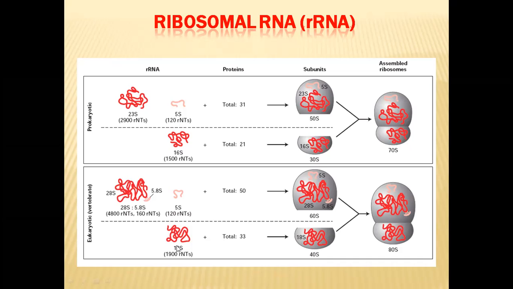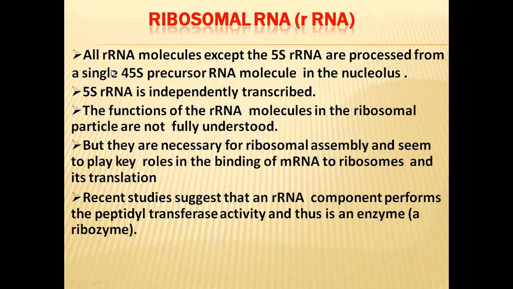And 18S rRNA along with 33 different types of ribonucleoproteins, RNPs, will make the 40S subunit, or small subunit, of the ribosome. While protein synthesis is being initiated, these two subunits unite to form the 80S type of ribosome. The function of these rRNA molecules is not fully understood, but scientists believe that they are important for the assembly of ribosomes, and they also help in binding of